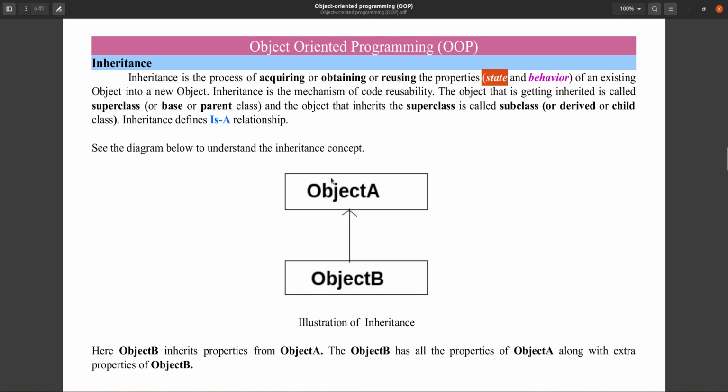So we can say inheritance is a mechanism of reusing code. The existing object that we inherit into the new object is called the superclass, base class or parent class. And the object that inherits the superclass is called the subclass, derived class or child class. And inheritance